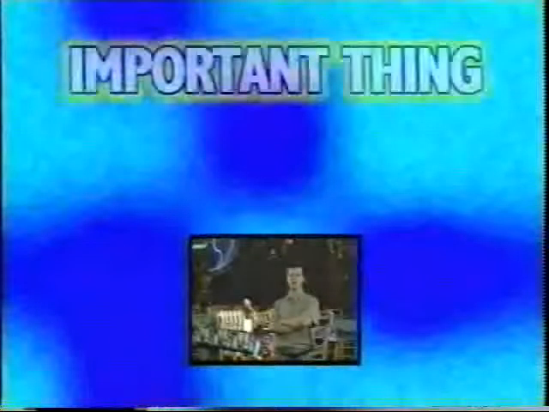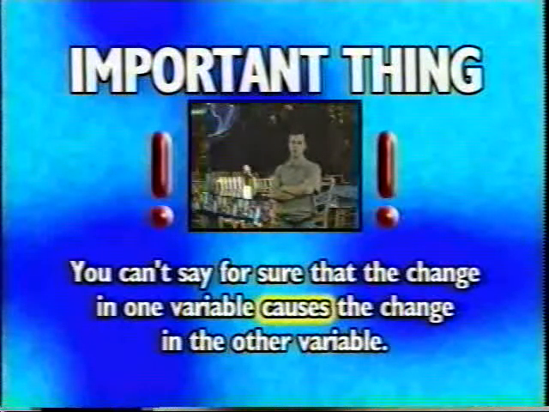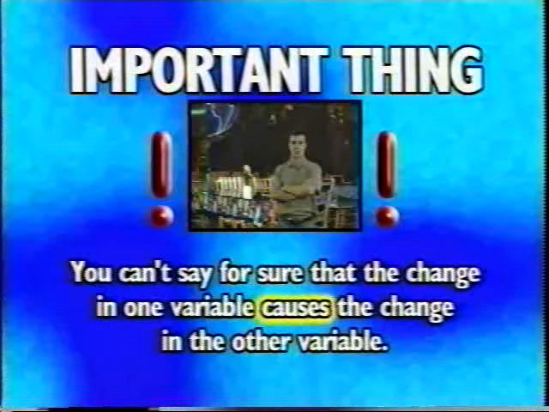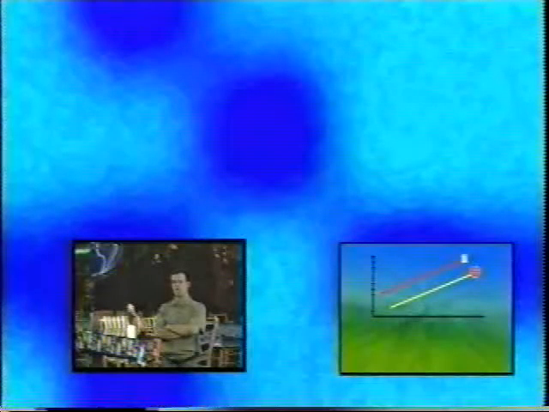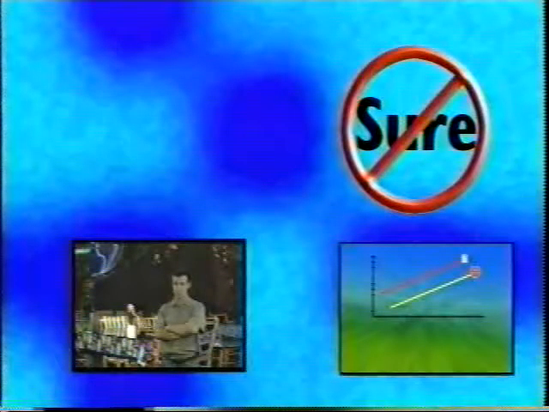But there's one really important thing to keep in mind with correlations. You can't say for sure that the change in one variable, or one thing you're studying, causes the change in the other variable. With our pizza example, if you found that pizza sales consistently doubled during every exam week at your school, you still couldn't say for sure that students are ordering more pizza because they have more exams to